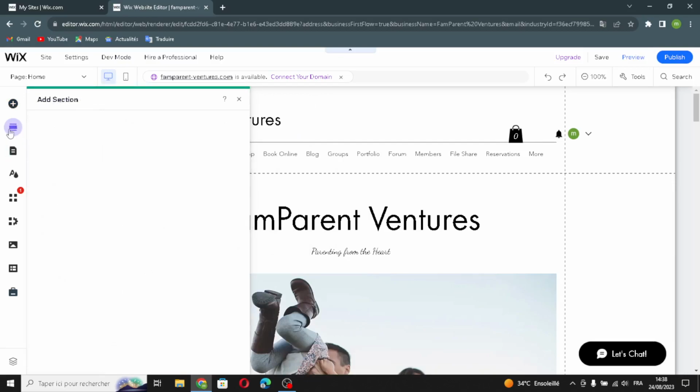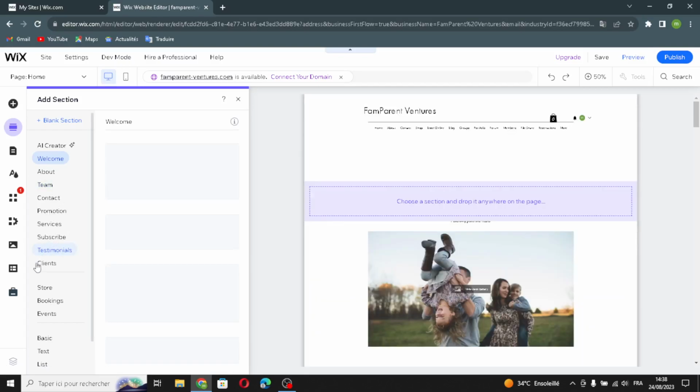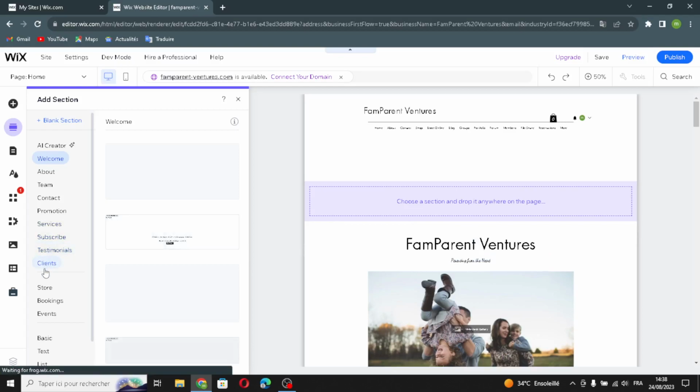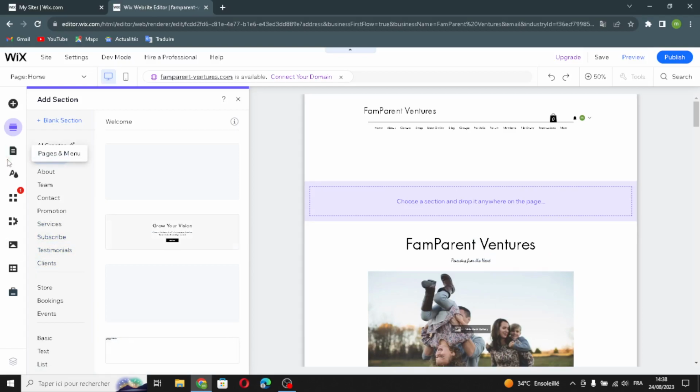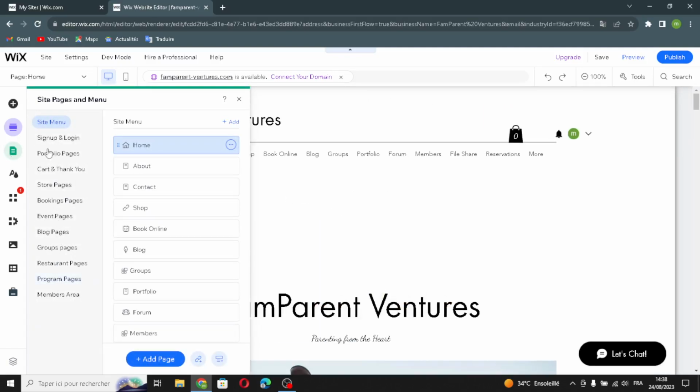Now let's move on to the page, and before that, if you want to add a section, just select here any section you want, the team or the contacts, the promotion services, subscribe, testimonial, clients. So let's move on. Here if you want to add pages and menu, here you can choose any page you want. So let's move on. The site design,